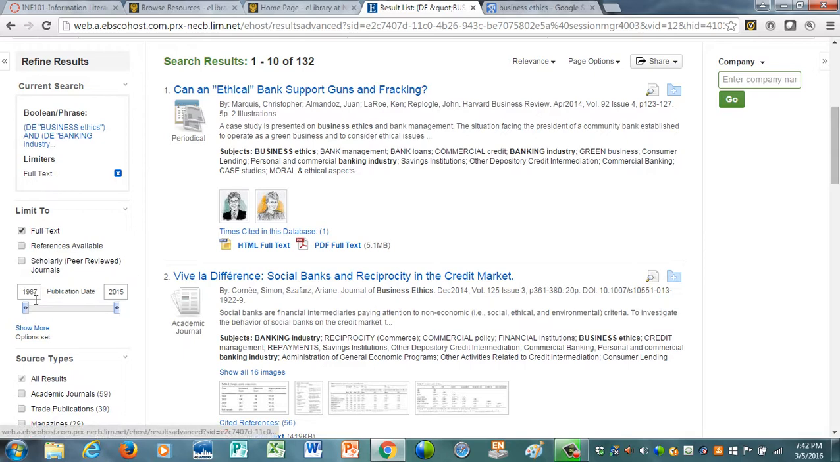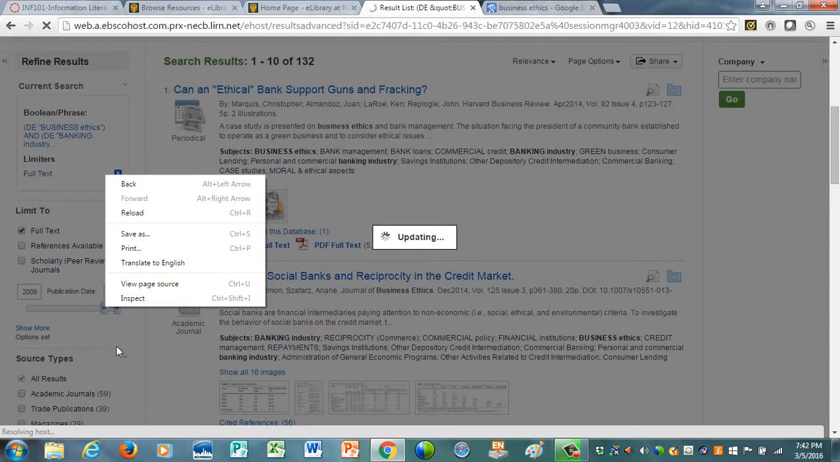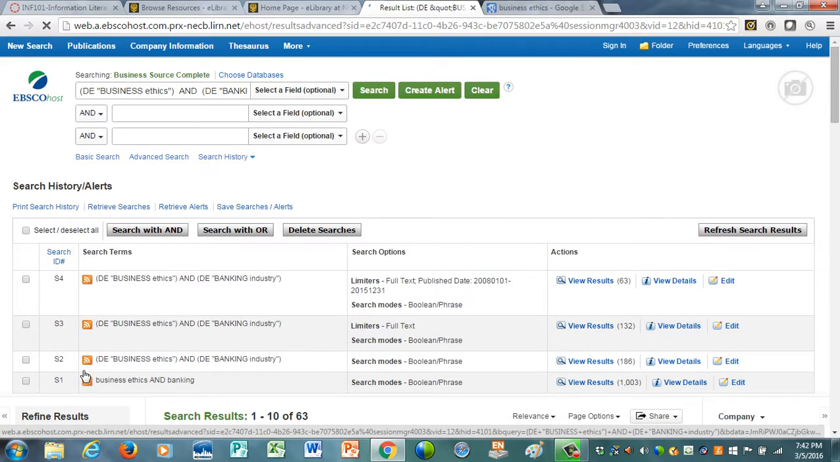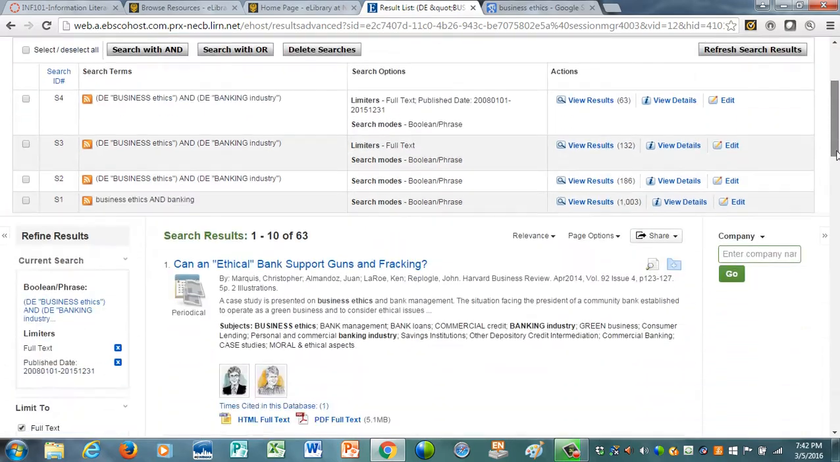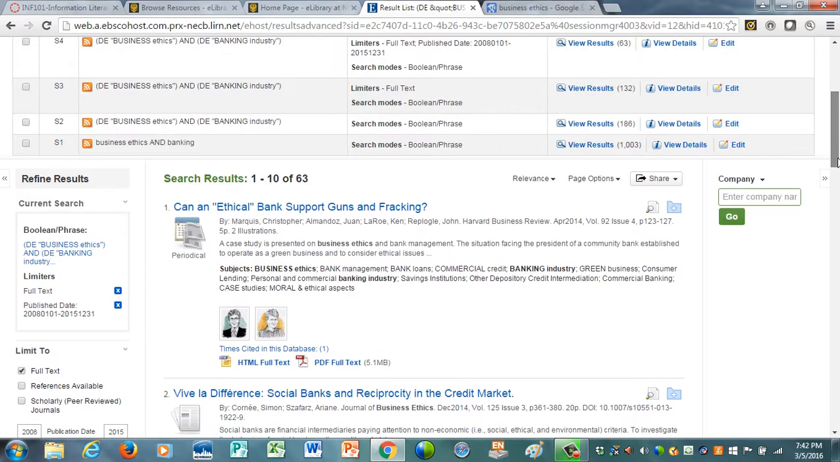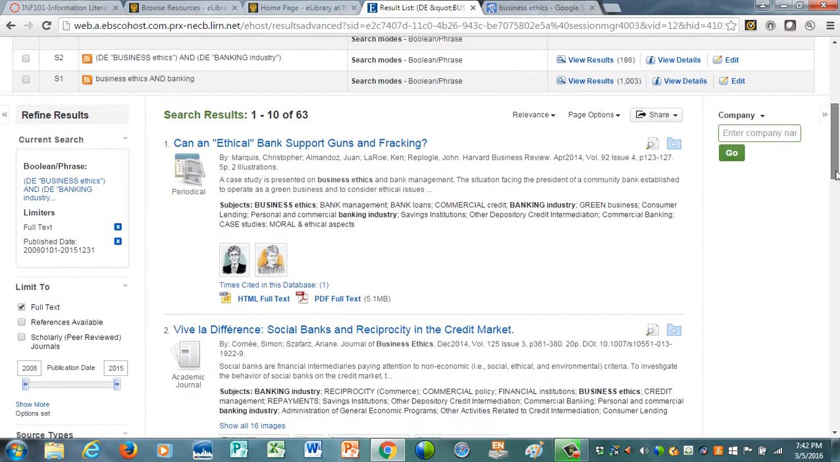Another way is by date. You could go in here and change the year, or you could just take this gizmo and drag it across and say, let's go up to 2008. And that's going to cut it from 132 down to 63. So it's a much more manageable number. And as you're going down through here, you could say, well, gosh, I like